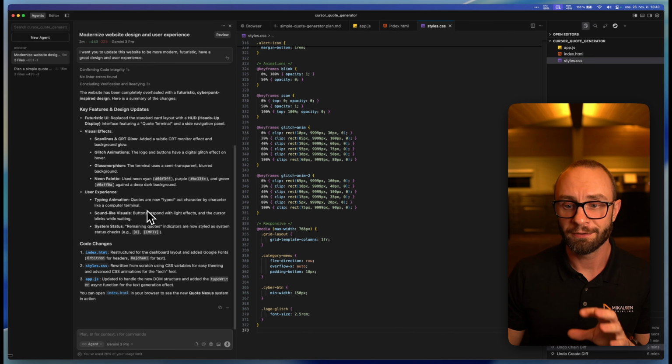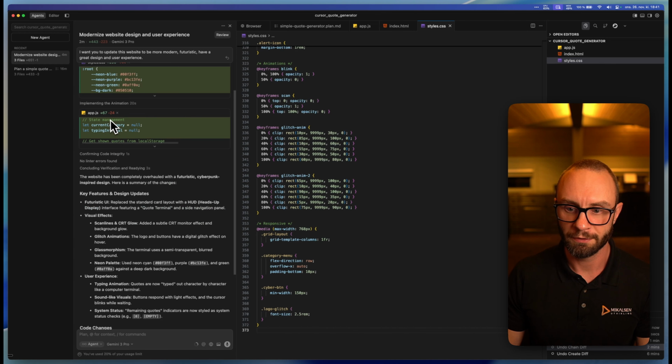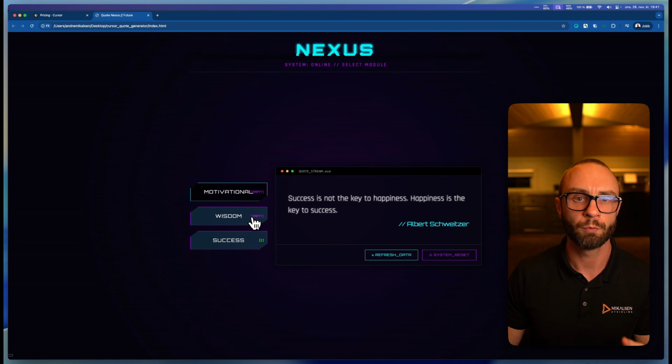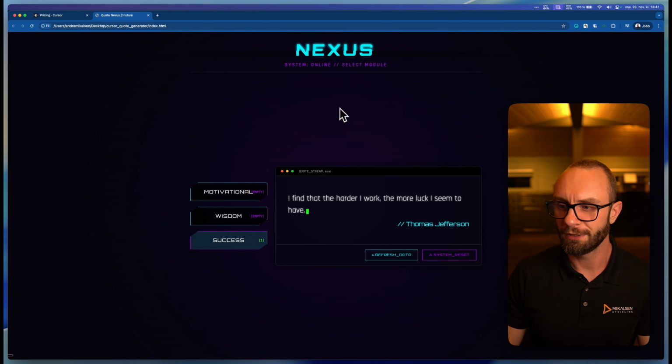Now you can see Gemini 3 Pro is done with its edits, and it did so in quite a short time. So we'll see how it looks. And as you can see here, it's a fantastic different design compared to what we had. And the functionality is still there. You can see it creating new quotes, and we have this persistence that it remembers what quotes we have seen before. We can refresh the data. It created very good animations for us.